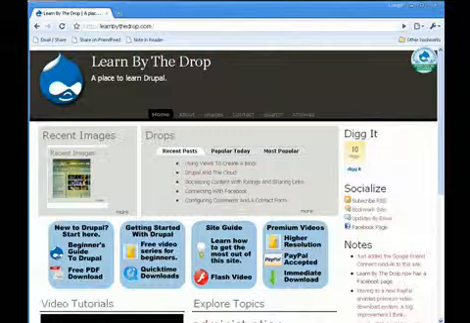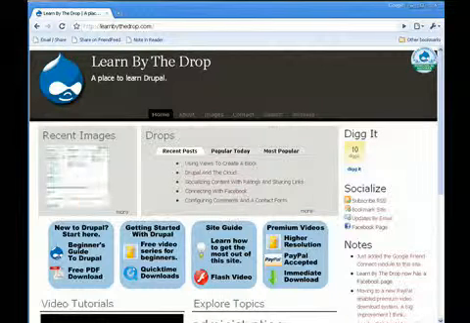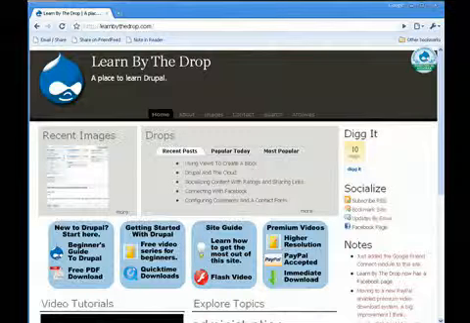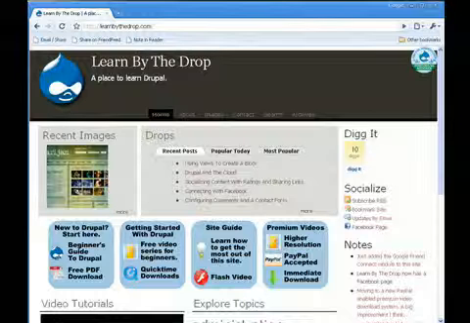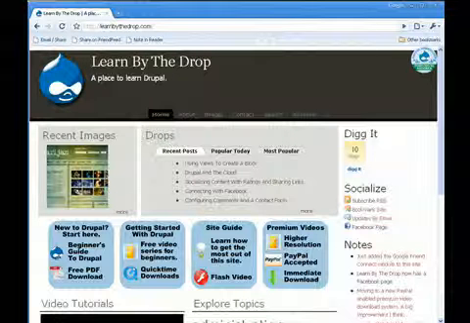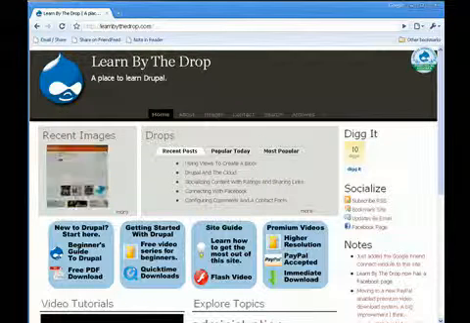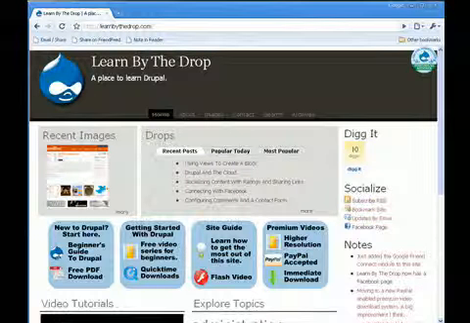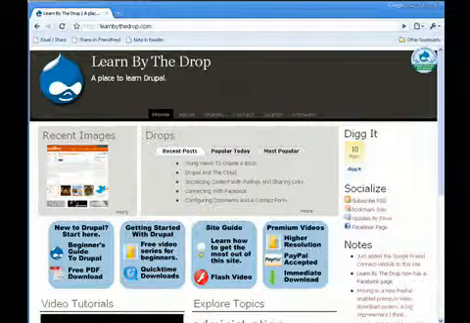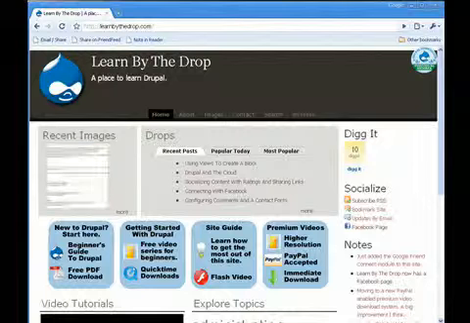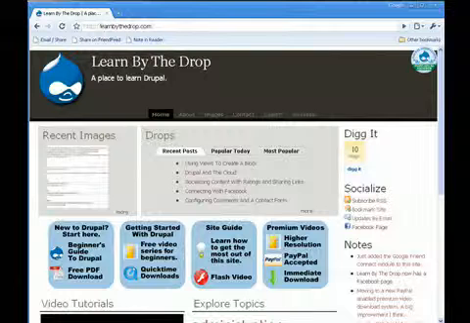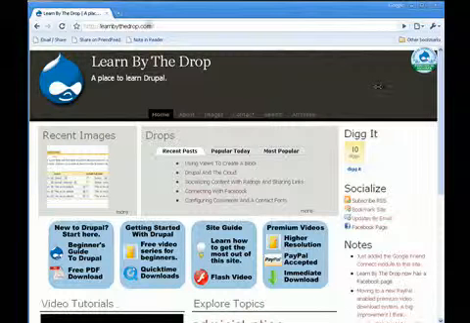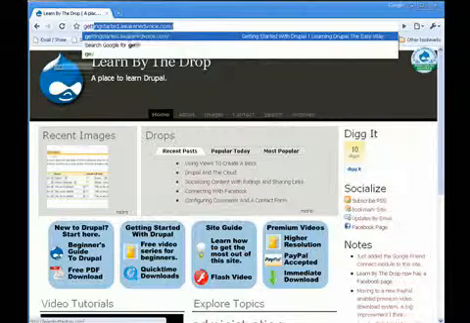Learn by the Drop is a place to learn Drupal, and this is lesson 13 of my special Getting Started with Drupal series, and in this lesson we're going to focus on configuring the user profile in Drupal. One of the great core features of the Drupal platform is the ability to set up configurable user profiles with different information and with a picture, and it allows the primary publishers and users on your site to represent themselves pretty well. So we're going to get started by heading over to our test site at